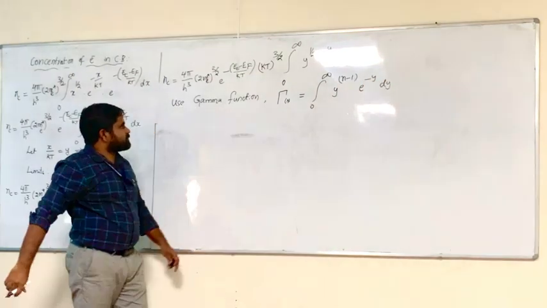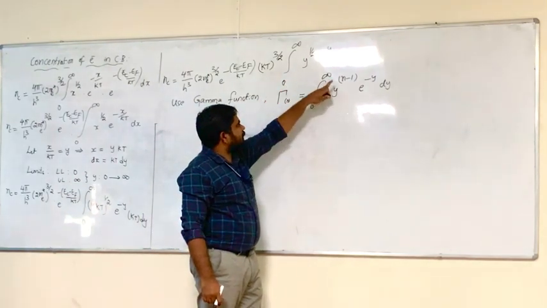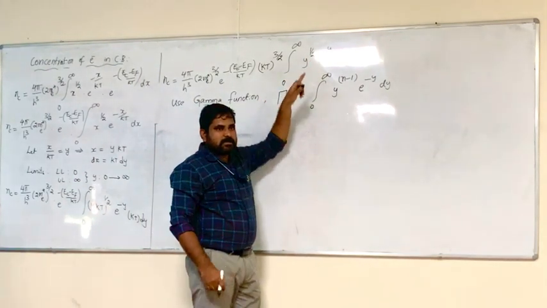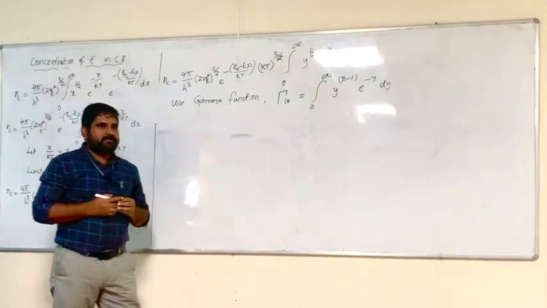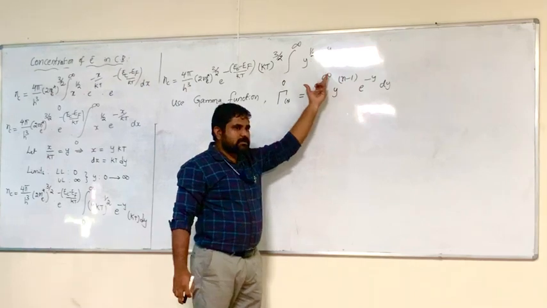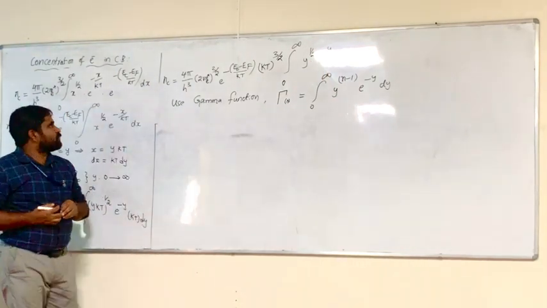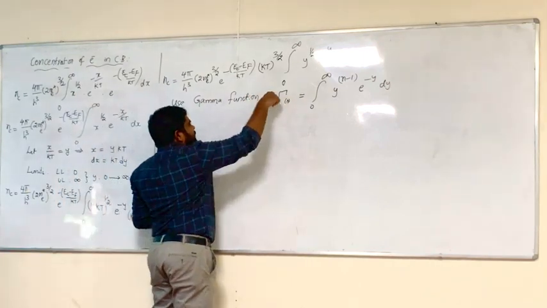This is gamma function. So it is in the form y to the power n minus 1. It looks like that. You can use gamma function. So instead of this, I can write gamma of